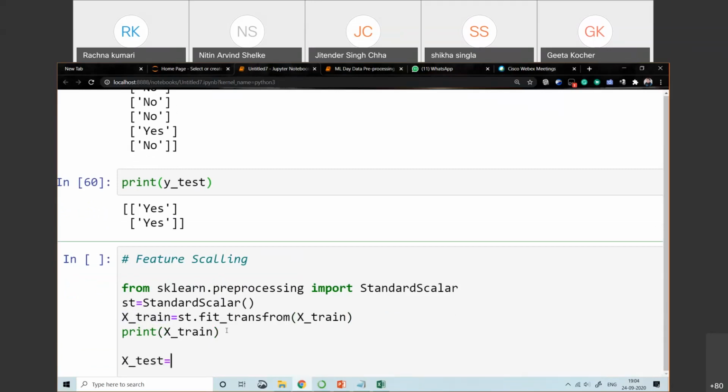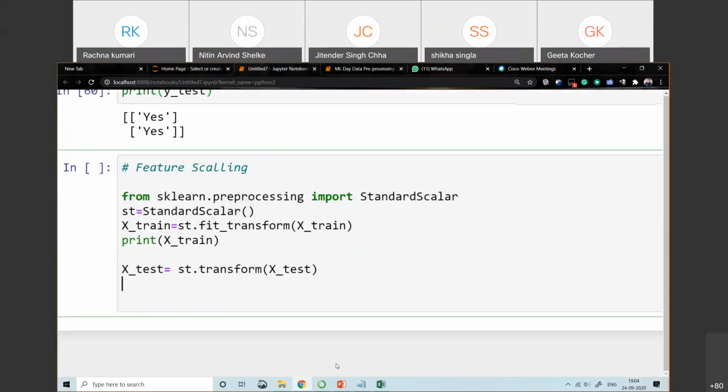On the testing data set, we use transform only, not fit. Again transform, and we need to pass the xtest and print that particular value of xtest.